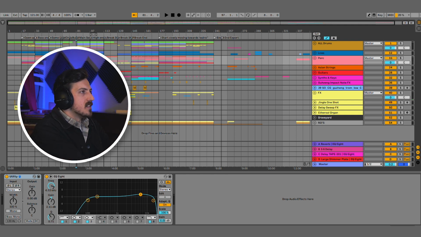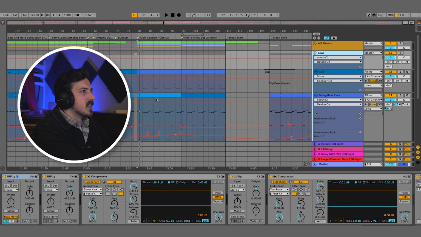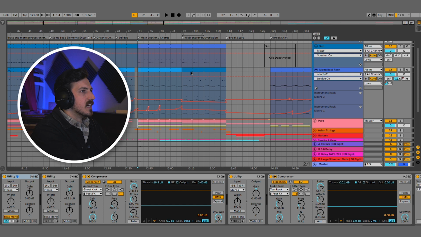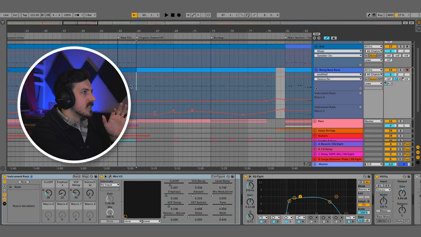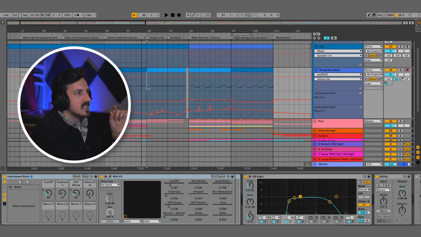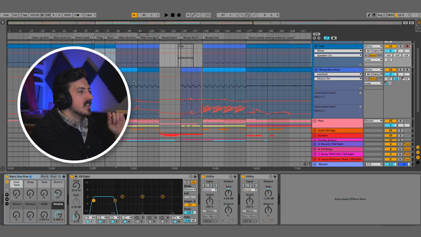So if we go into some other sections, it's nice to have variants. And you see I've color-coded them as well. Although for me bass is blue, I've got a few different patterns that are very slightly different, and sometimes things are happening together and sometimes not. And that's all I'm doing, dragging things around in the arrangement and then saying, okay, I want to take this chorus and I want to turn it into a verse. So let's say,